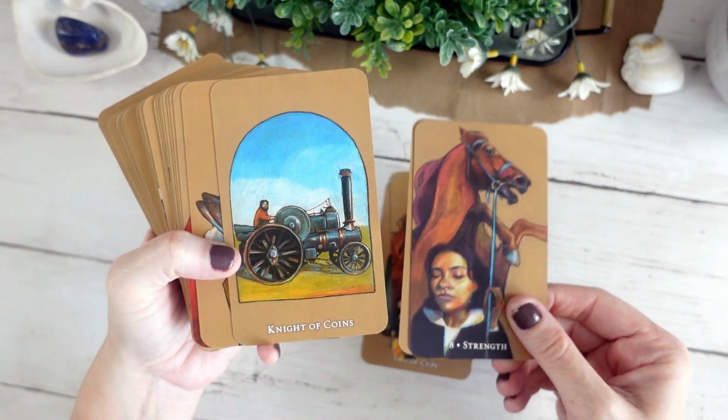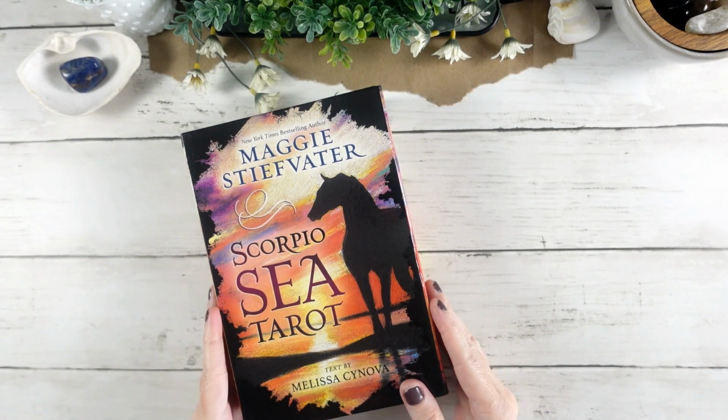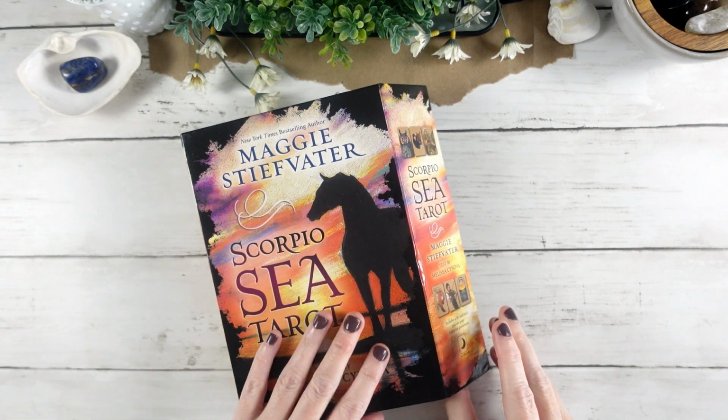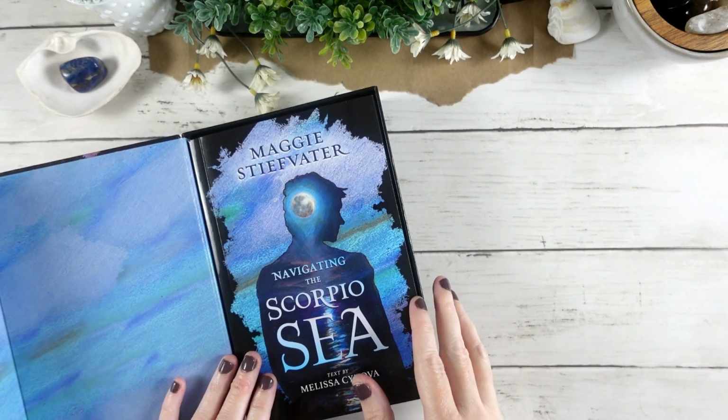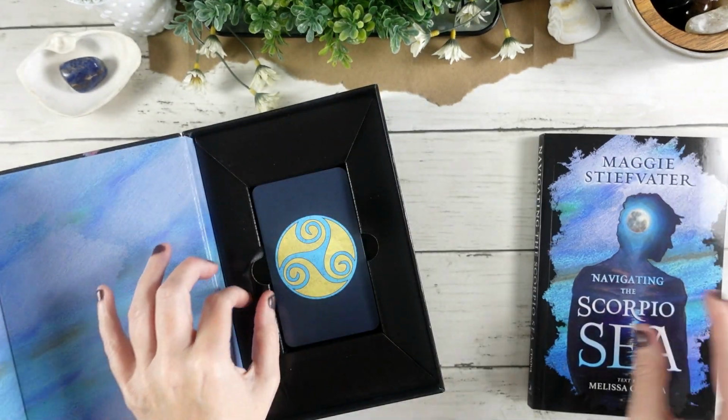Maggie Stiefvater with text by Melissa Sinova. So this is a relatively new deck from Llewellyn that just came out in 2020. It comes in their standard big box. We have a beautiful full color guidebook, which I'll talk about here in a moment, and of course the cards